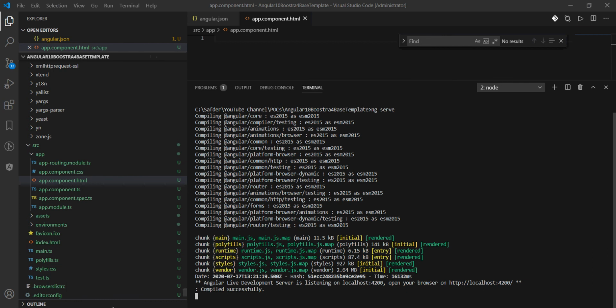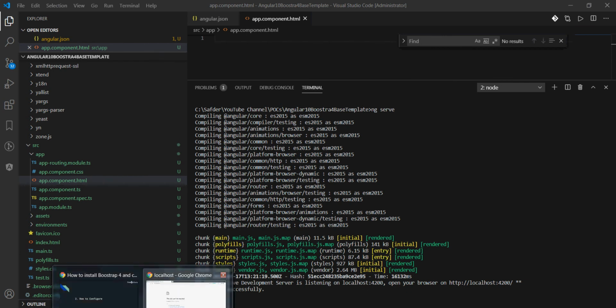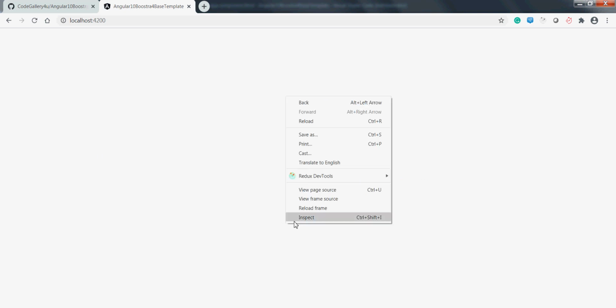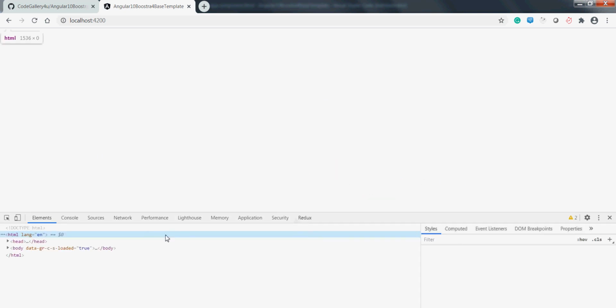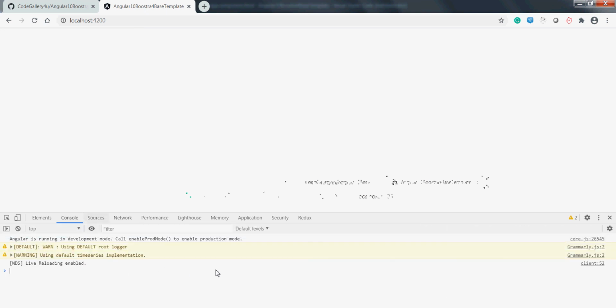Now the project is running on port 4200. I'm just opening that port. Nothing appears here. If I go to the console, there are no error messages here, so we are good to go, and we are good to write the HTML related to our Bootstrap.